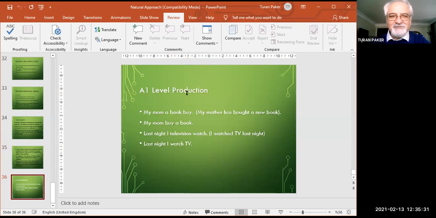And just an example of A-level production from my students. They say, my mom, a book by. That's Turkish syntactic structure, because in Turkish, the verb is at the end. In English, it is subject-verb agreement, but they put the verb at the end, which means my mother has bought a new book. My mom buy a book. Still, the S is missing. Last night, I television watch. Or last night,